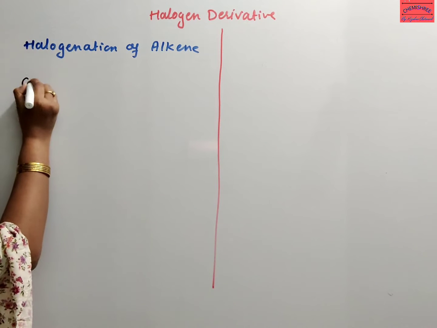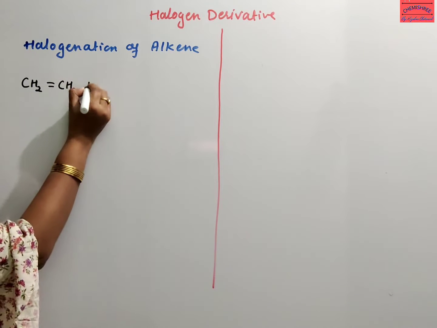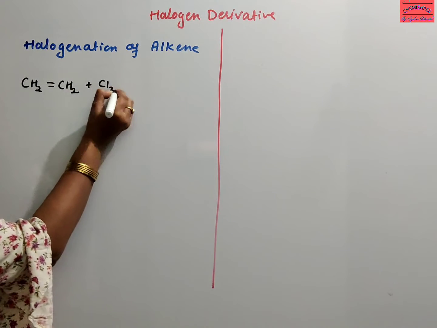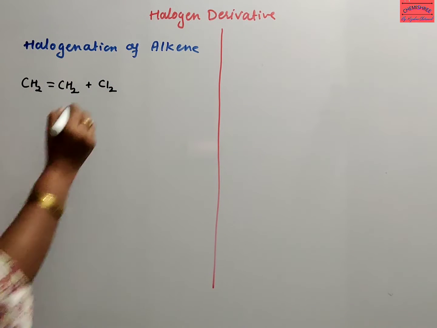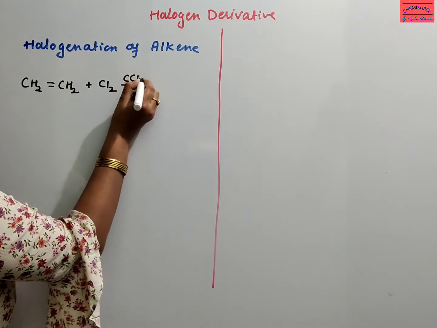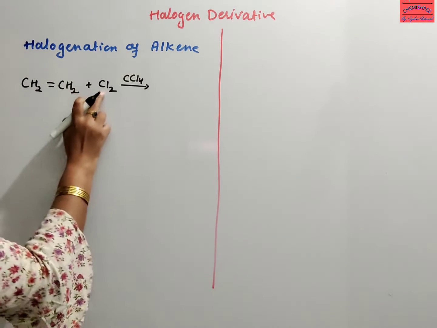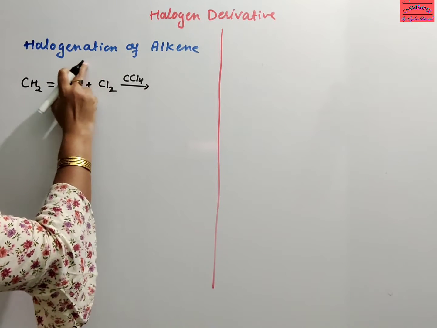When alkene reacts with halogen in presence of CCl4. So as this is a symmetrical reagent, one chlorine will go to one carbon, another chlorine